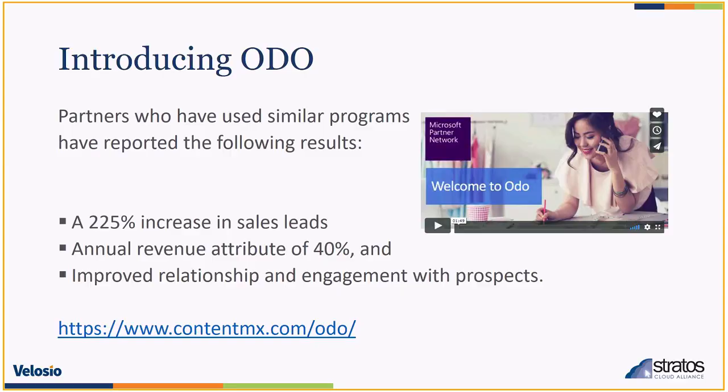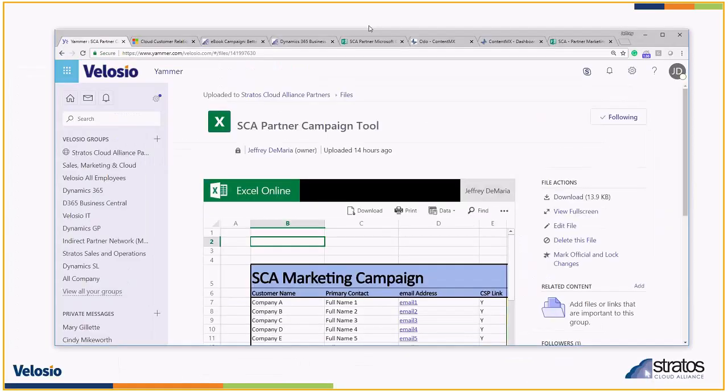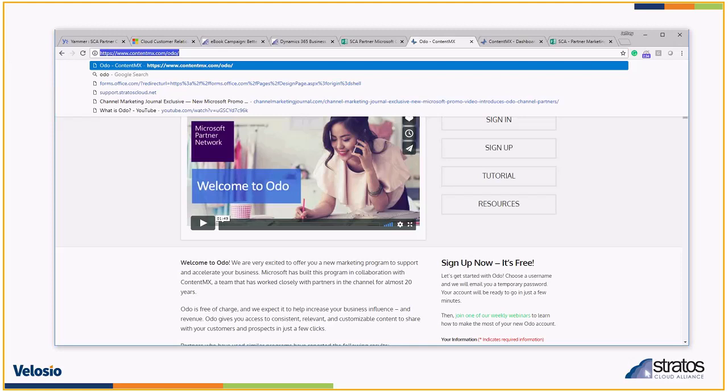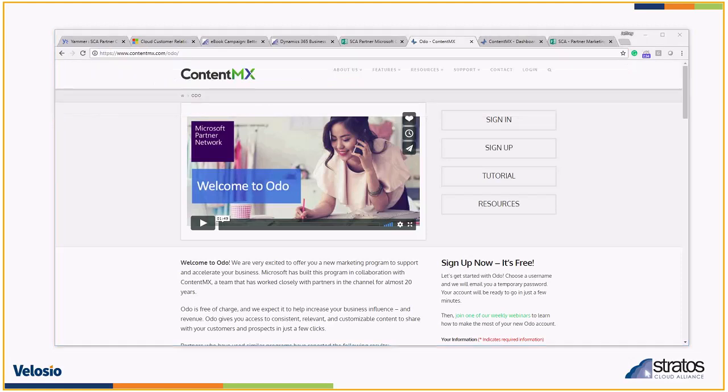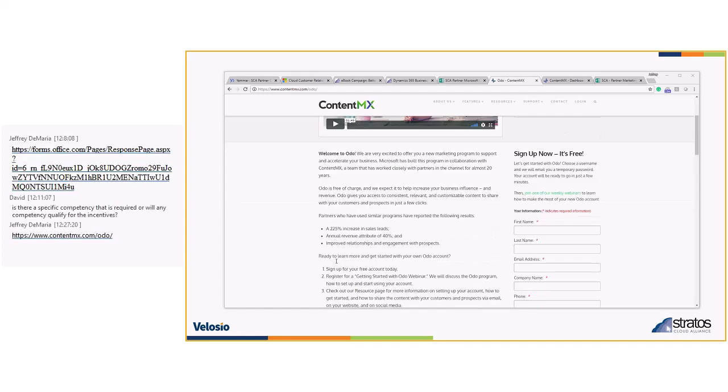Now, what I'm going to do right now is jump back into my nifty little pre-populated web browser, and we're going to jump into Project Odo. So here's a quick overview. I recommend everyone go to this website and start looking around. I'm going to give you a quick tour on things that you should consider when you're in here, and a couple of other high-level demos. I expect you to go in here and look at the page.